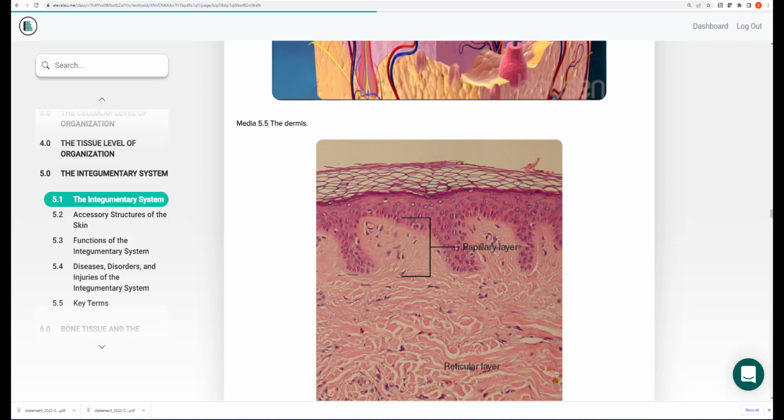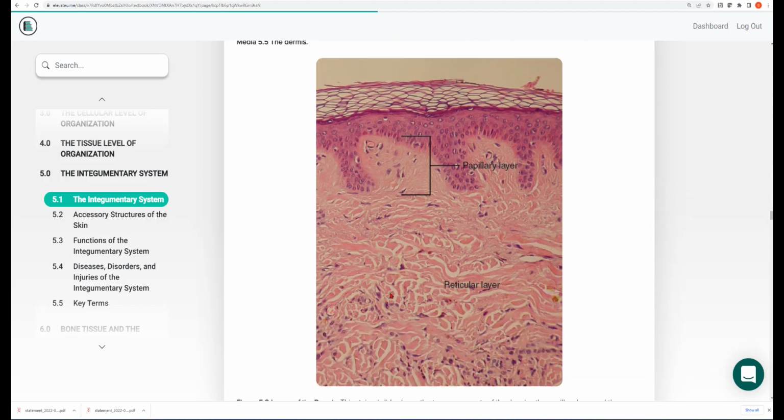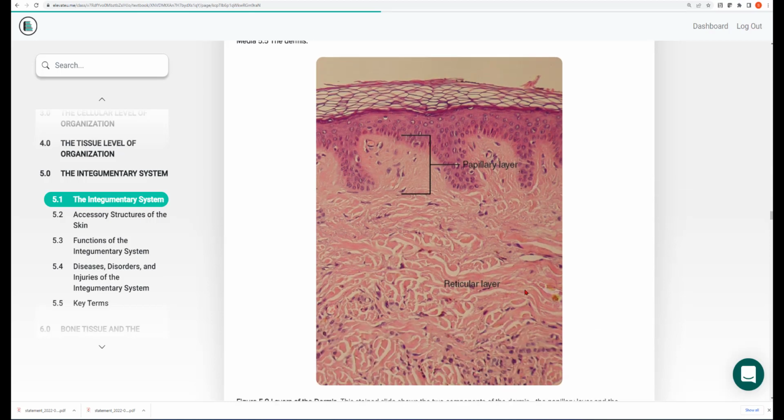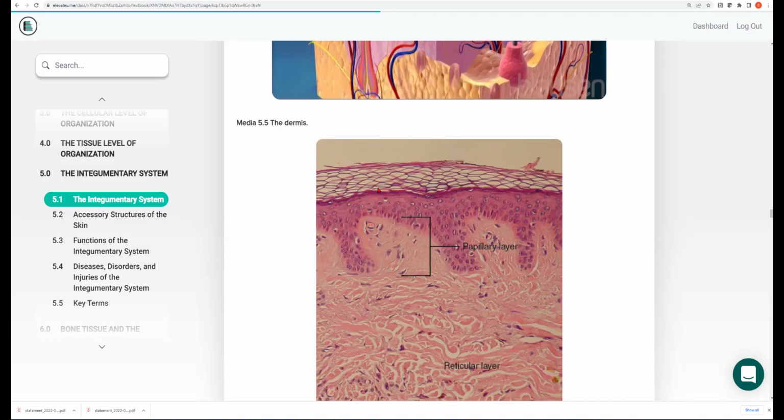Down here in the dermis, we have that swirly whirly look. This is that dense, irregular connective tissue. This particular micrograph is also pointing out that the dermis is composed of 2 layers. One, the more superficial layer, is the papillary layer. Now the papillary layer is the part of the dermis that